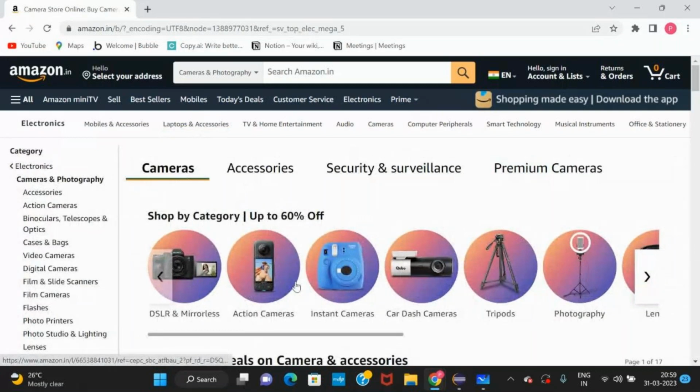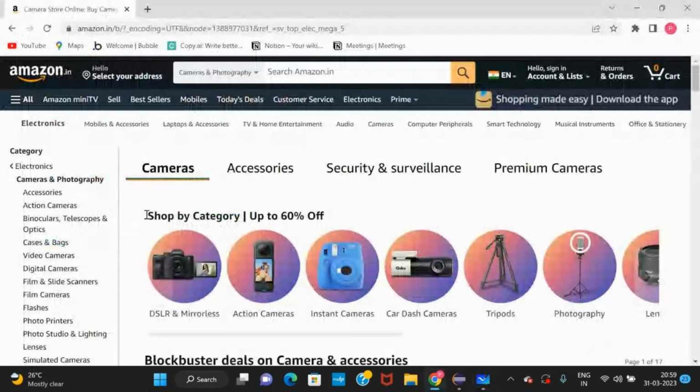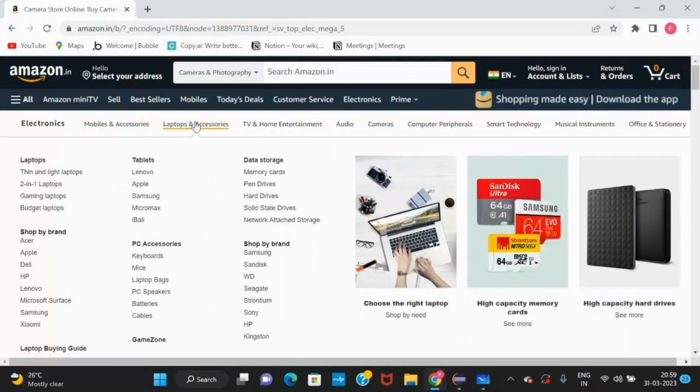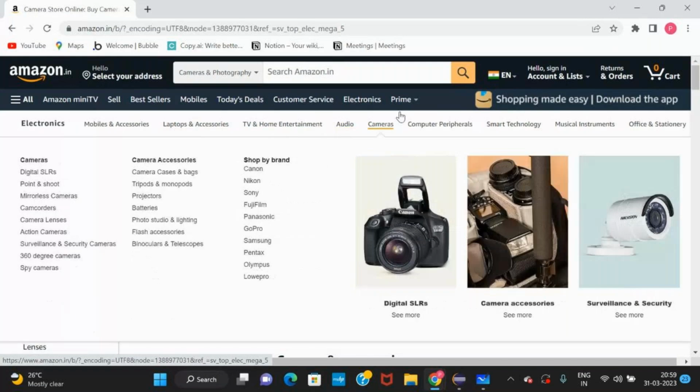Okay, in that case, if your project is very large, then again you have to create one package. Inside this package you create mobiles as one package, and inside that mobiles create different pages. Mobile accessories separate, laptop accessories separate, TV separate, audio separate, camera separate.